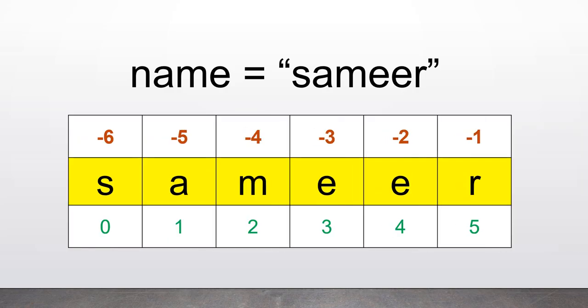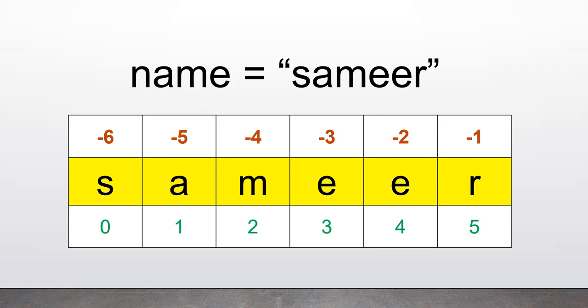Suppose this is the string that we have taken, there are two ways by which you can number the positions. If I go from left-hand side to right-hand side, I have shown it in the green color, and from right-hand side to left-hand side I have shown it in the brown color. Let us first see from left to right in the green color. In that way the first, or zeroth, position will be considered for the S character, and likewise it will increment up to the value 5 for the last character, which is R.